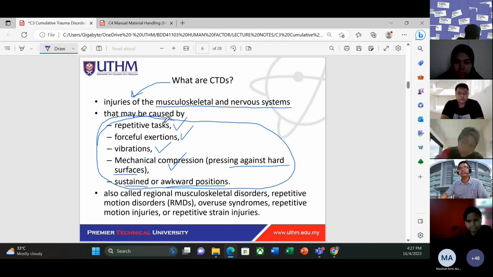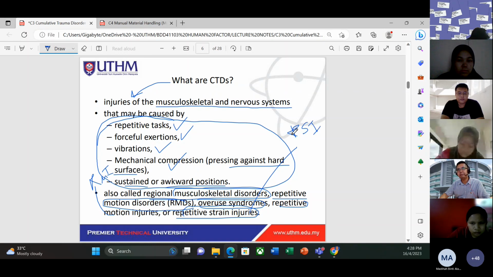All these things can cause cumulative trauma disorder or MSD, also called regional musculoskeletal disorder. Some other countries call it repetitive motion disorder, RMD, or overuse syndrome, or repetitive motion injuries, RMI, and repetitive strain injuries,